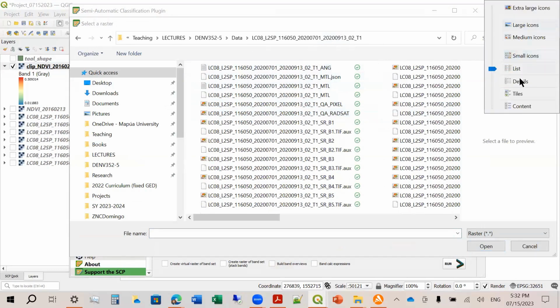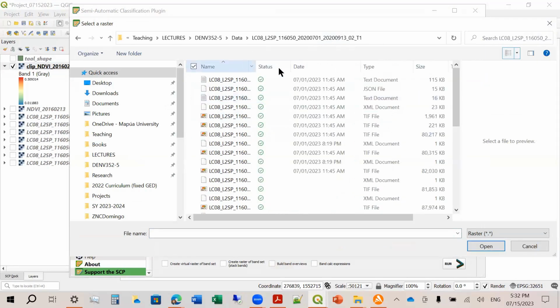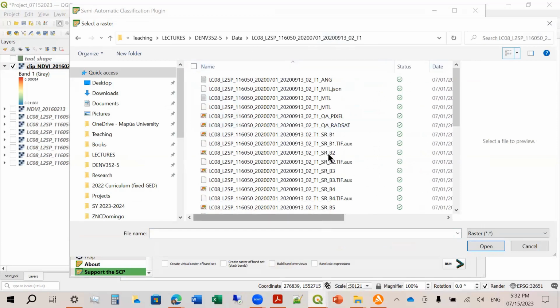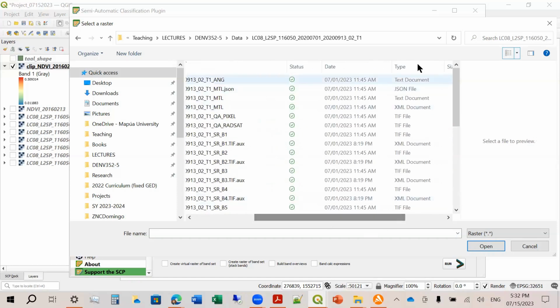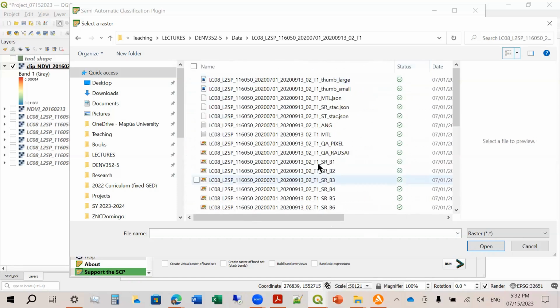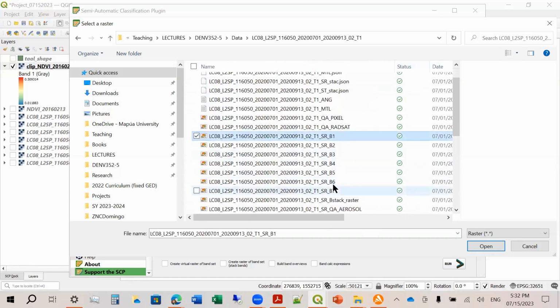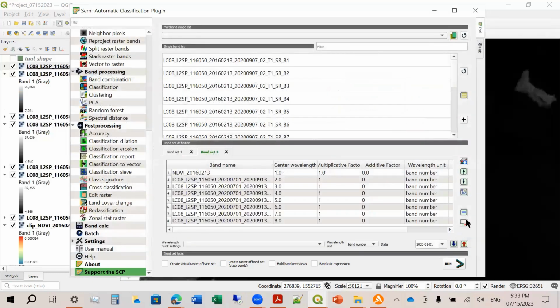And then I'm going to load the bands. Okay. SR band 1 to 7. Then click open.